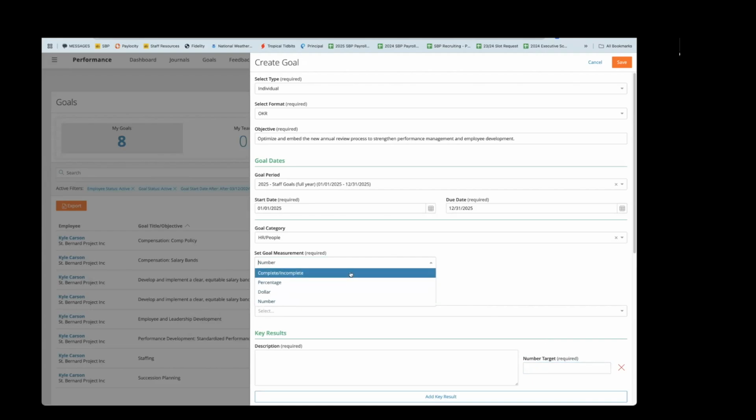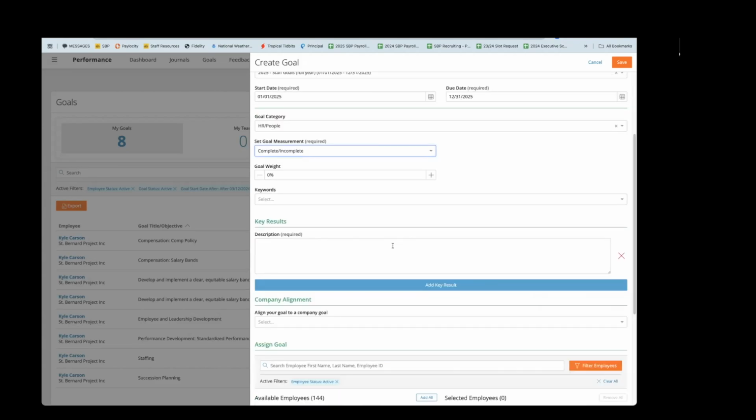With incomplete, complete, or percentage, you will have the option to track progress on either is it complete or is it not, or what percentage are you at when you save this goal and you go back in to measure progress, but it won't change anything on the screen. For today on this goal, I'm going to use complete or incomplete. The goal weight and the keywords, ignore those. We're not going to use those. Maybe we will in the future, but for now, completely ignore them and move on to the meat and potatoes,